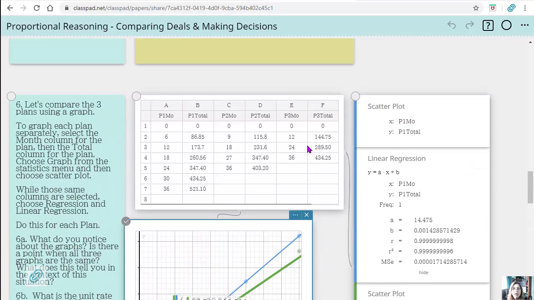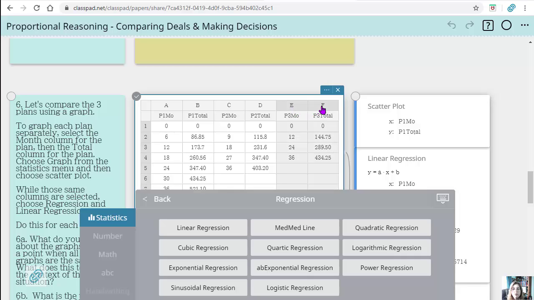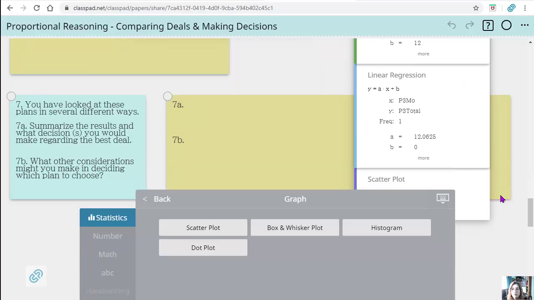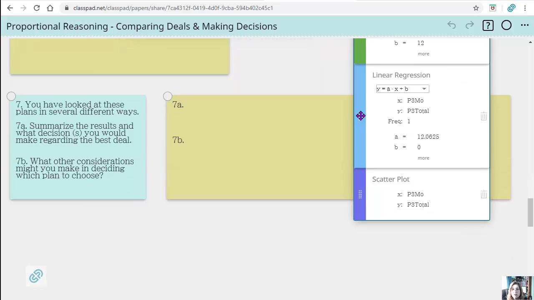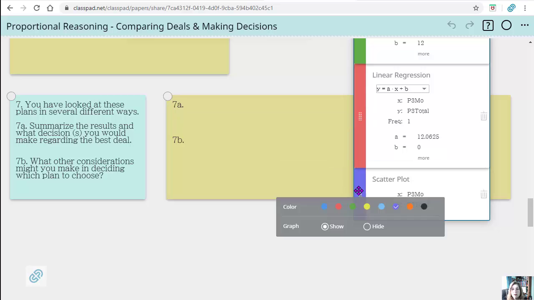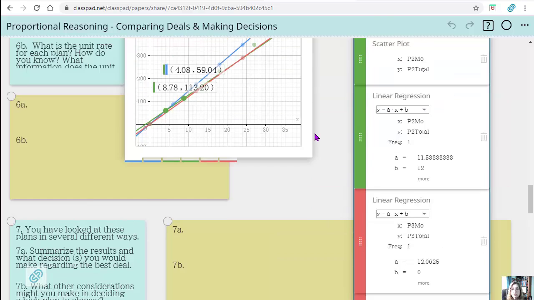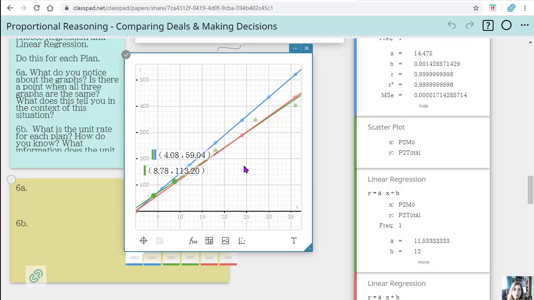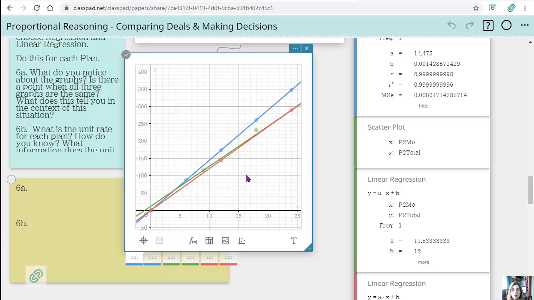So let's just look at the last one real quick. So again, let's do linear regression first, doesn't really matter. And then do our graph. Now notice I kept my thing highlighted and it did both of them for me. And let's make this one a different color. How about red? And so now if we look at this one, and again, this one has a slightly different, it's pretty close to the green one though, isn't it? So they're pretty similar. So that's something you may not have seen.